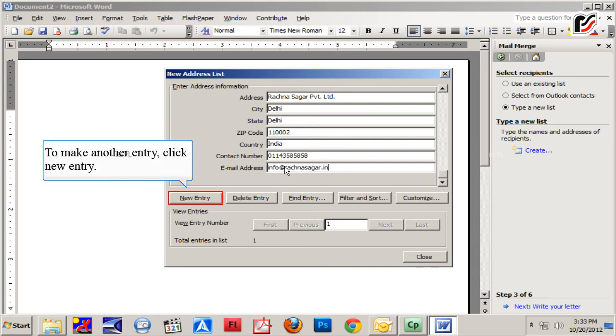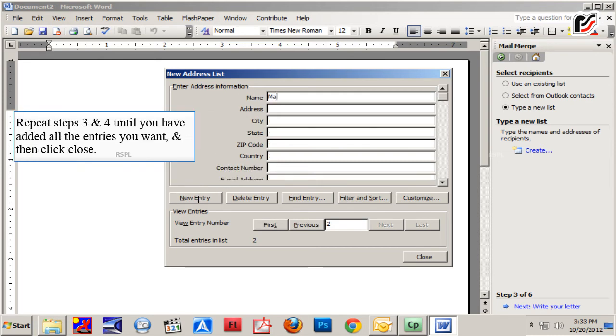To make another entry, click New Entry. Repeat steps 3 and 4 until you have added all the entries you want and then click Close.